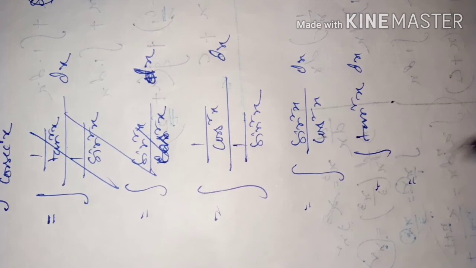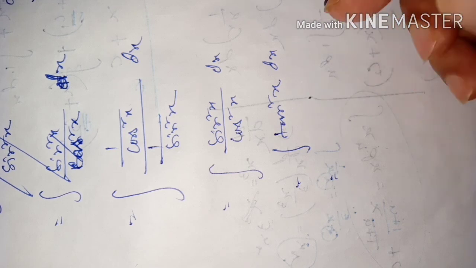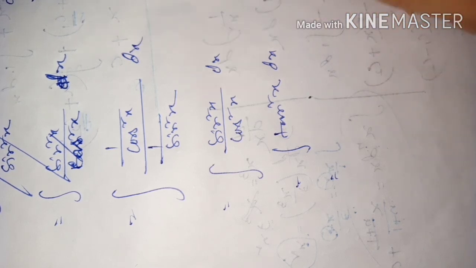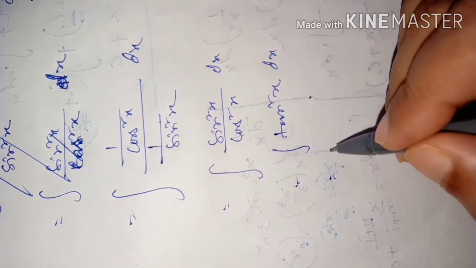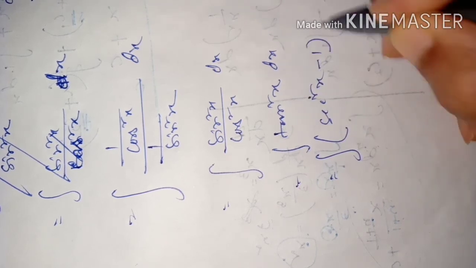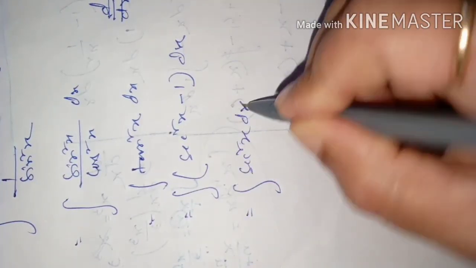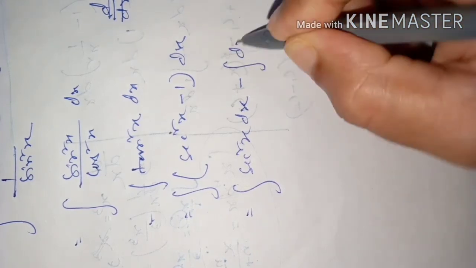But now also you don't know its integration, because tan square is not the derivative of any function that we know. But tan square can easily be changed into a new form: tan square can be written as sec square x minus 1 dx. Got the idea? Therefore integration of sec square x dx minus integration of dx.